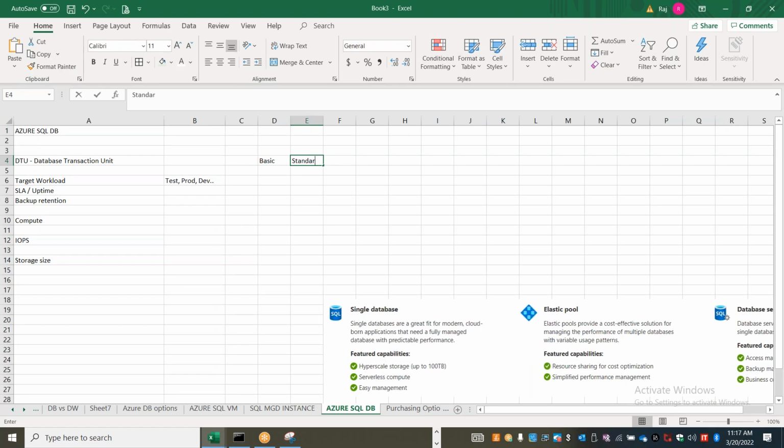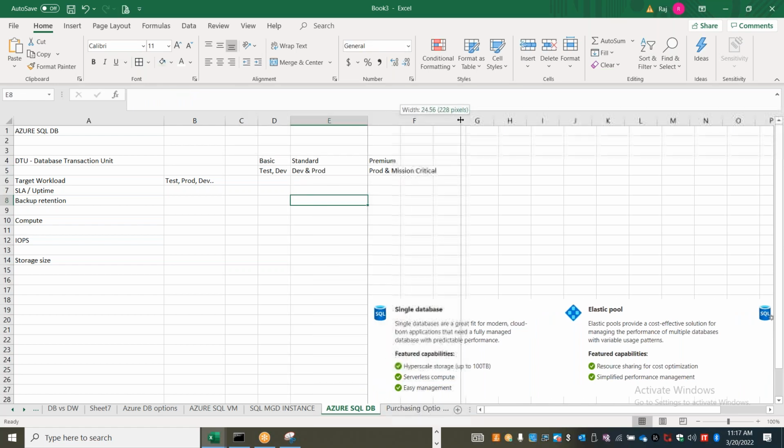So basic, standard, and premium. As the name suggests, basic can be mostly used for test and development environments, standard can be used for development and prod environments, and premium is mainly for production and mission critical. I know there is an overlap in the terms that I've used, but